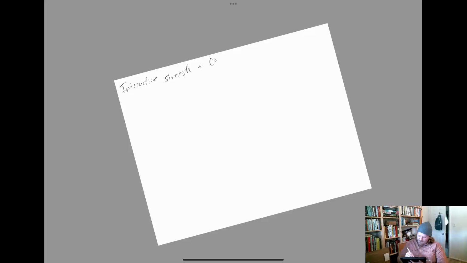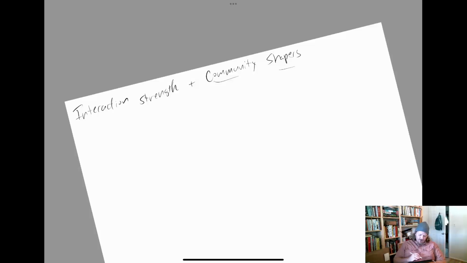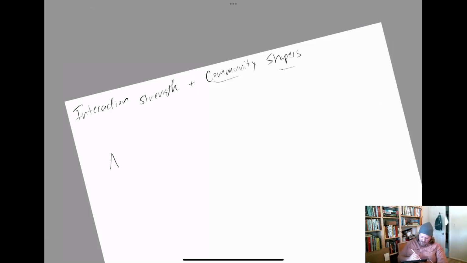and community shapers. Let's call it community shapers, because I don't want to give away all the keywords we're going to talk about here. So I drew some interactions for you in the last mini lecture, right, where we had A having